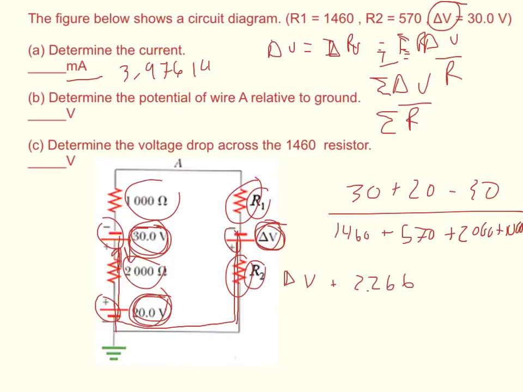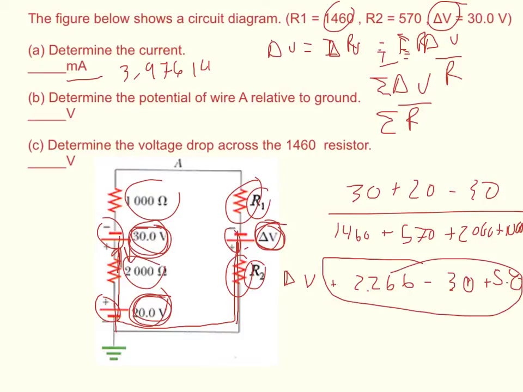2.266. Then we're going across the battery, so we're going to lose a delta V of 30 volts, so minus 30 volts. And then we go across the next resistor, and we gain energy again because we're going against the current. We do I times R1, so 0.003976 times 1460. That's a positive 5.8. When we add all of these together, we get the potential drop from here to here. So you should get a negative